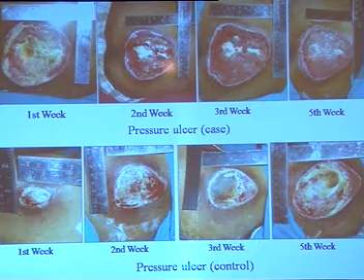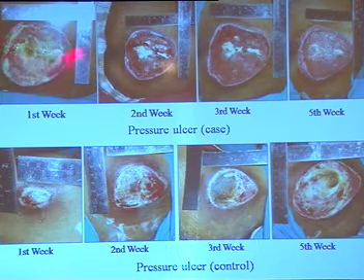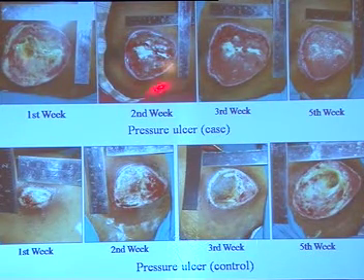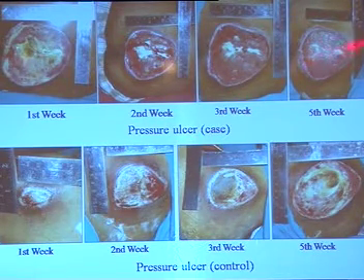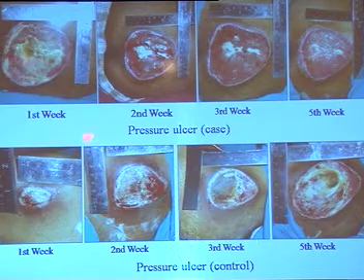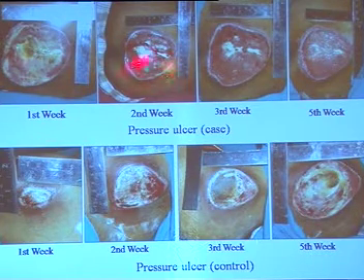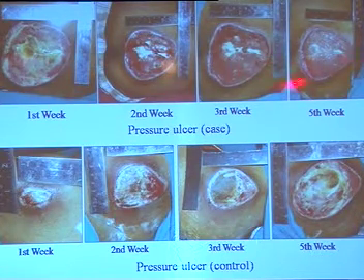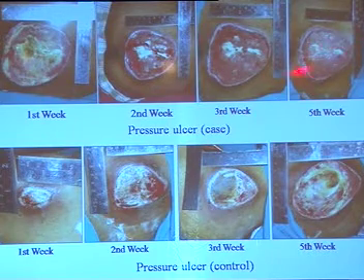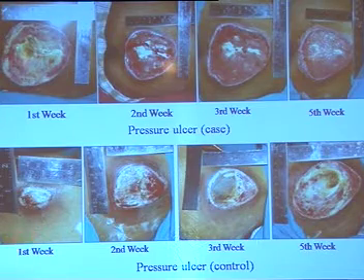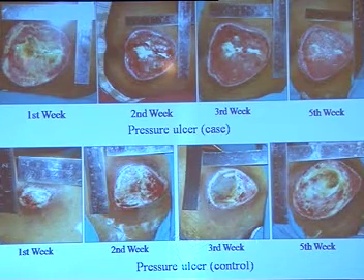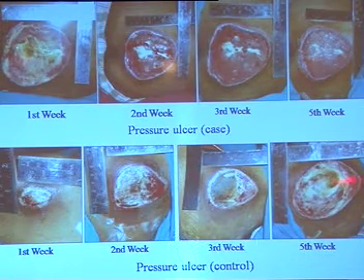So these are the pictures showing the first week, this is then the second week, this is a pressure ulcer case, this is the third week, and this is the 5th week. With application of the PRP, these wounds are showing healthy granulation tissue, and by the end of the 5th week there is good granulation tissue and there is a contraction of the pressure ulcers. But in the first week this was on the trochanter, and it progressed by the 5th week.